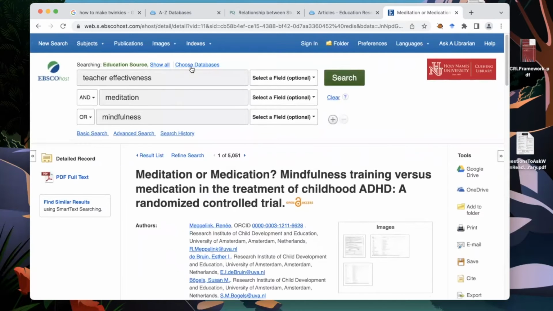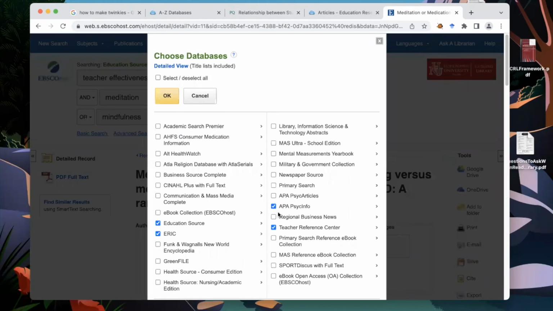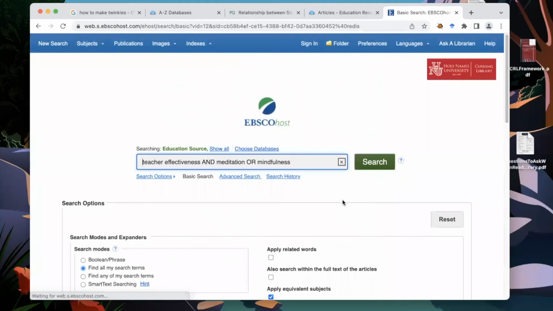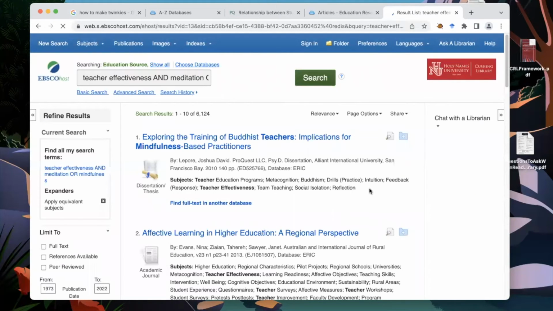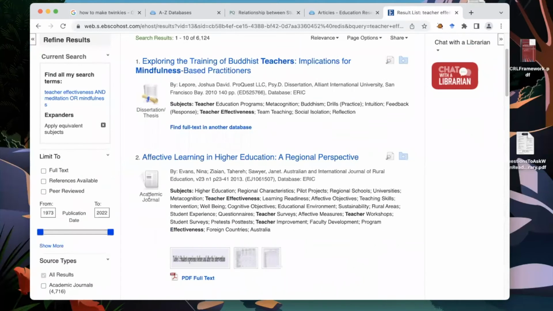So what I'm going to do is go back to choose databases and deselect PsycINFO, and we'll watch how the record, well, we're going to have to do the search again. So let's search it again. And here we have some dissertations. We have an academic journal. We have to reset our filters here. So let's go to